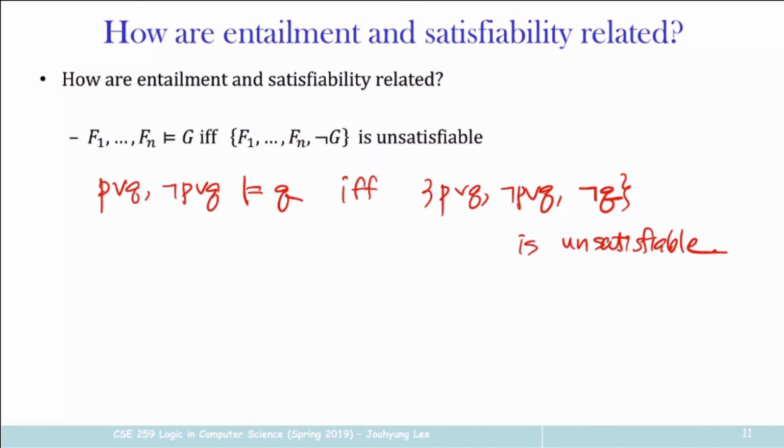So I gave some examples to give you some intuition, but formally you can also prove why this is the case using the definitions. Okay? All right, any question about